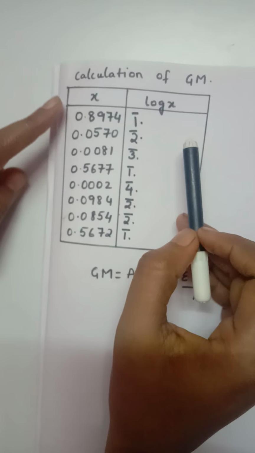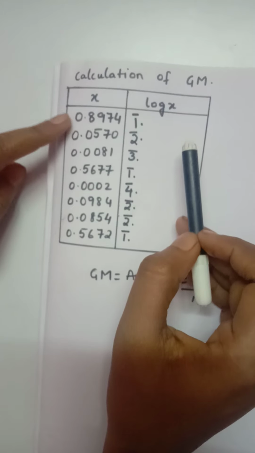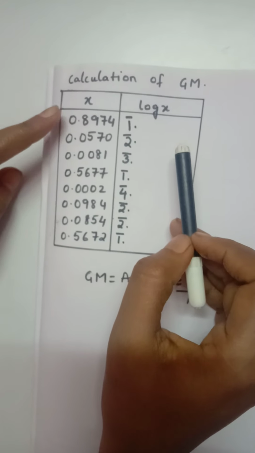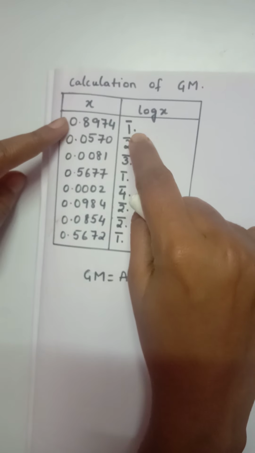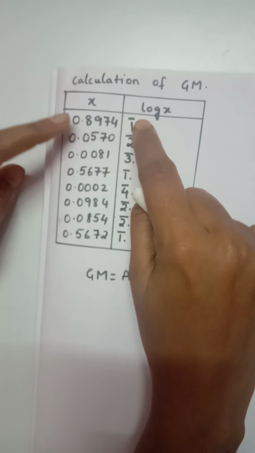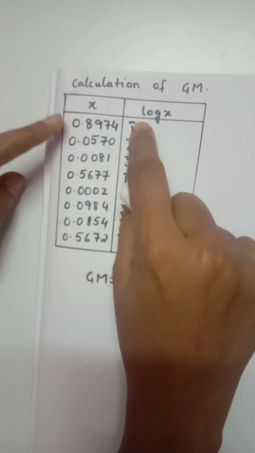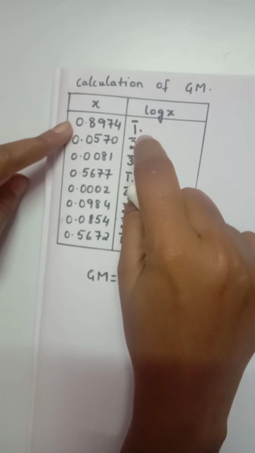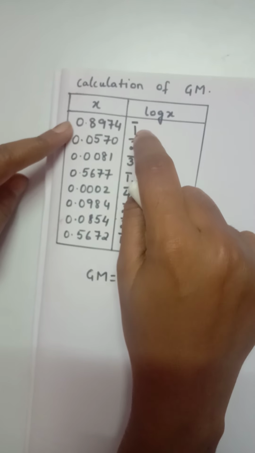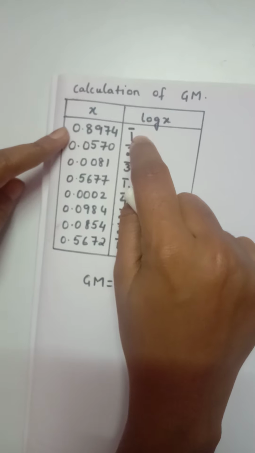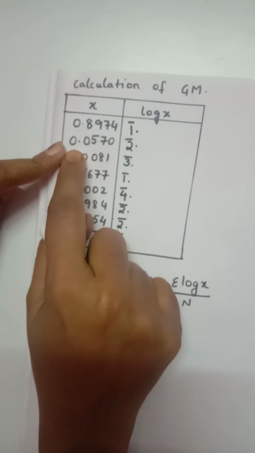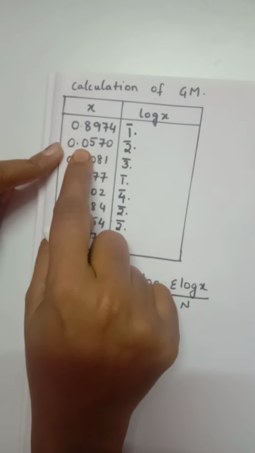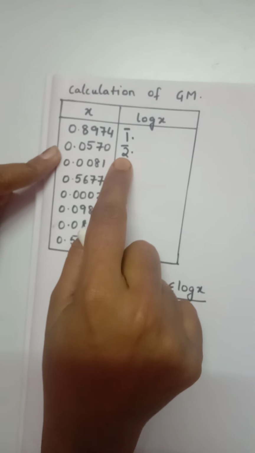Now first, in the first number, if you observe carefully, how many zeros are there? 1 zero is there. That's the reason I have taken 1, and which is a decimal point, I need to put a bar on the number. So 1 bar, because bar is nothing but a negative value. And next, how many zeros are there? 1, 2. So that's the reason I have taken 2 bar.